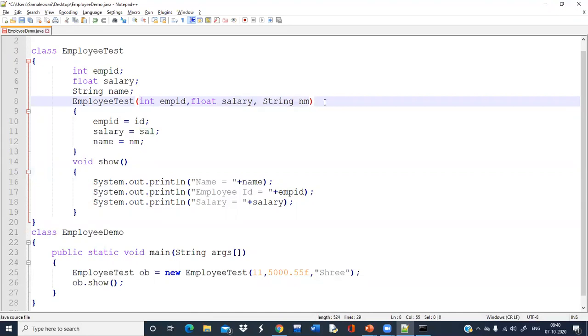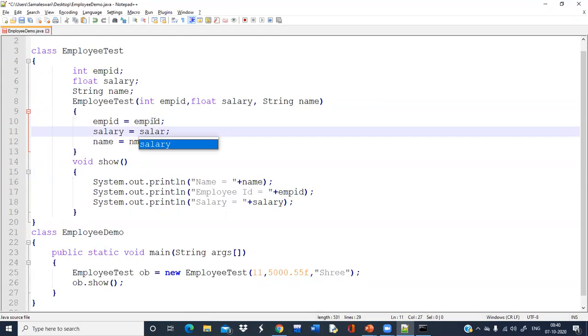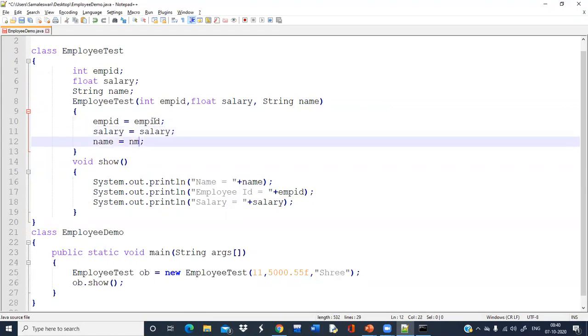So we have to write the same thing here: emp id, salary. You are passing the values, and whatever name you provide here, the same name you have to write to initialize the instance variables.